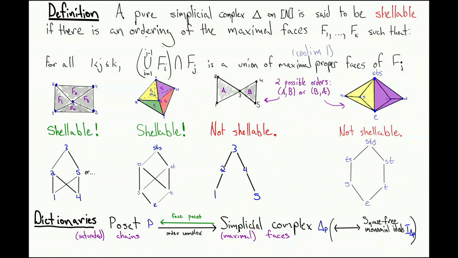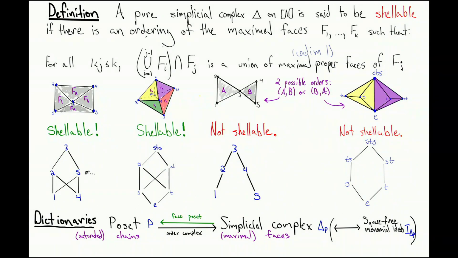So what this basically means is that if you're bringing in any new vertices to your shellable complex, at each step you can only be bringing in at most one new thing. And so we saw something that wasn't shellable that looked sort of similar to this or had this as a subcomplex. And the problem here is, well, there's only two possible orders here, and check each one. You can't get around the fact that you have to introduce two new vertices either way you order it. So this has the flavor of a search problem,